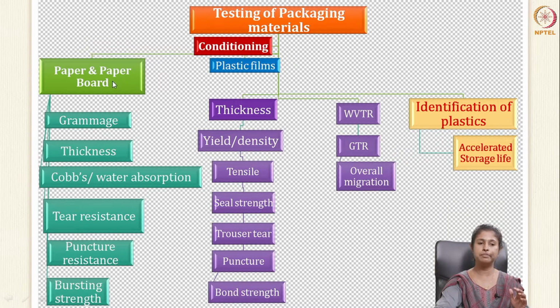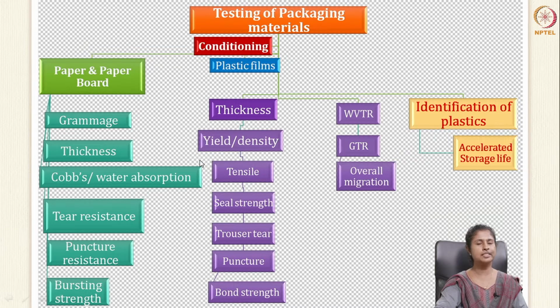For example, for paper we looked into the grammage, the thickness, Cobb's value, tear strength, and puncture resistance. Similarly, in plastics we went through the methods of measuring their thickness, yield, tensile strength, seal strength, their trouser tear and the puncture test. Today we will be going into the third part of this testing of materials